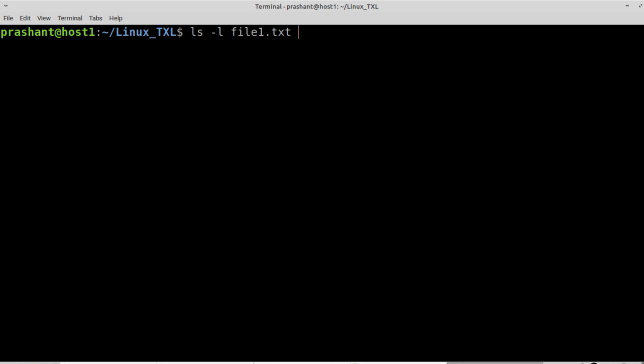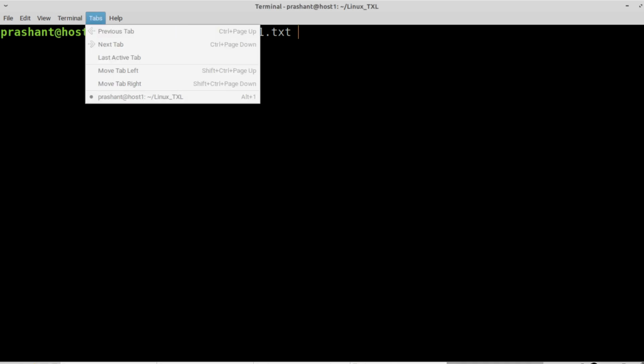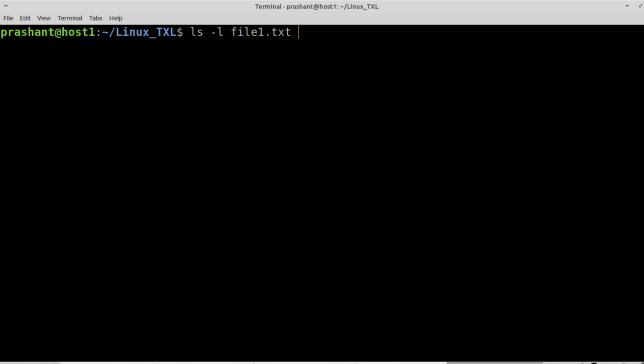Let's see this command again, and if I say Control T, then see how it is getting changed. It transposes, or exchanges, the characters at the cursor location. So this is how it works. Let's see the next combination, Alt T, but since we are using this terminal emulator, the menu combinations don't work here.